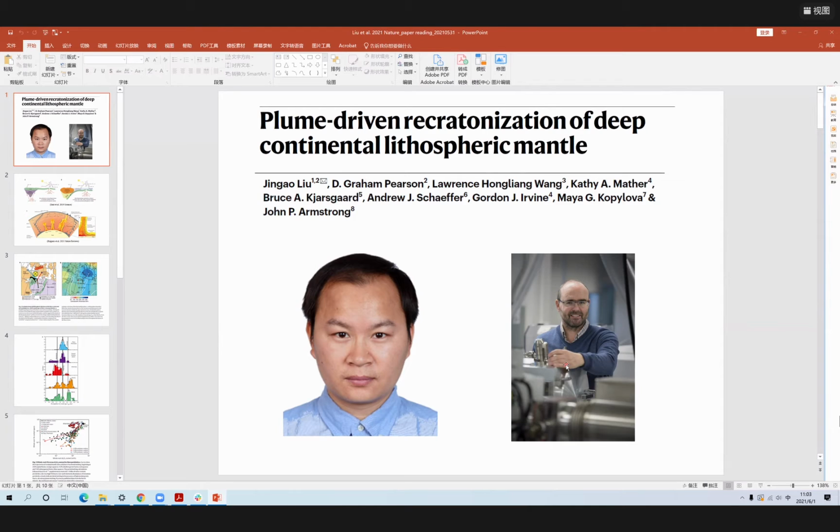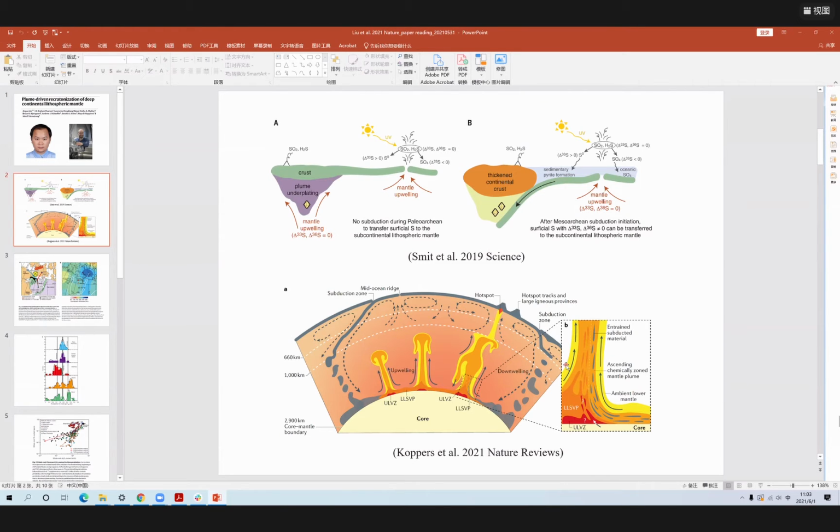So let's look at what's the idea of this paper and what I think is new from this contribution. For this work, they combine two topics together. One is about the fate of the continental lithosphere, so we shall call it craton. Craton refers to lithosphere that is very old and with very low density. Old, I mean,